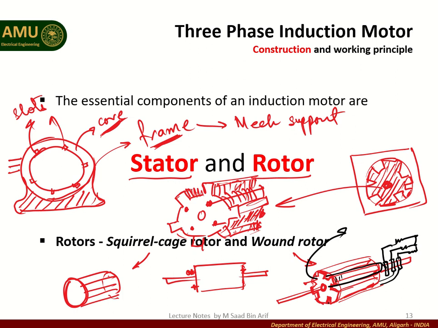One important thing I would like to highlight over here is that depending upon the rating of the machine, if the rating of a machine is high, what does it mean? It means a high current will flow in the windings. If high current will flow in the windings, what does it mean? It means I square R losses will be more. If I square R losses increase, it means heat dissipation increases. This heat dissipation is basically absorbed by the core, and the core will get heated, so the efficiency of the motor will reduce.